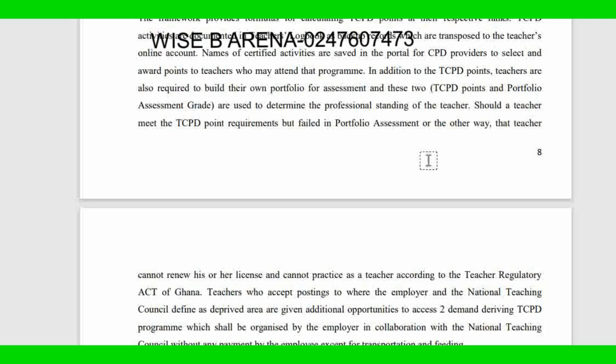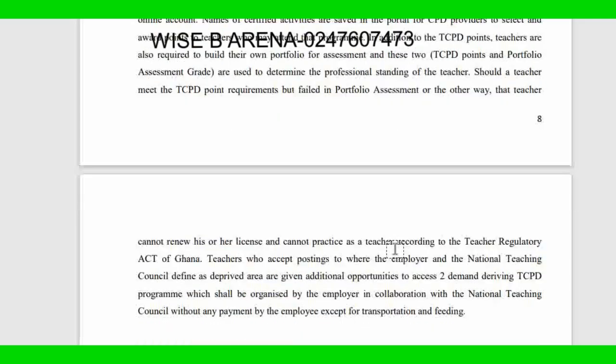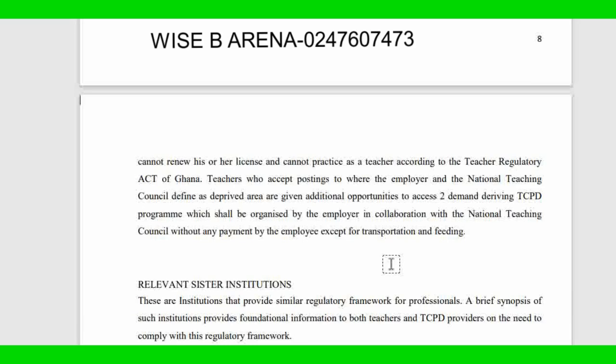Teachers who accept postings to where the employer and the NTC define as the private area are given additional opportunities to access demand-driven TCPD programs, which shall be organized by the employer in collaboration with the NTC without any payment by the employee except for transportation and feeding. This simply means that we know that with the demand courses we have to pay, but those in the deprived areas, according to the geographical locations or demarcations of GES,